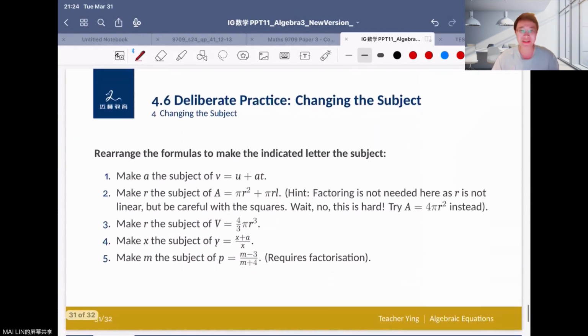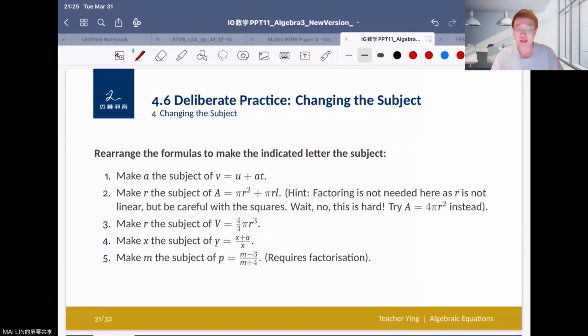Okay, and there is some deliberate practice for you. You can just pause the video and try to think it out yourself. But if you want to follow with me, you can also just try to understand each step of my equations. Okay, so the first problem is to make A the subject of V equals U plus